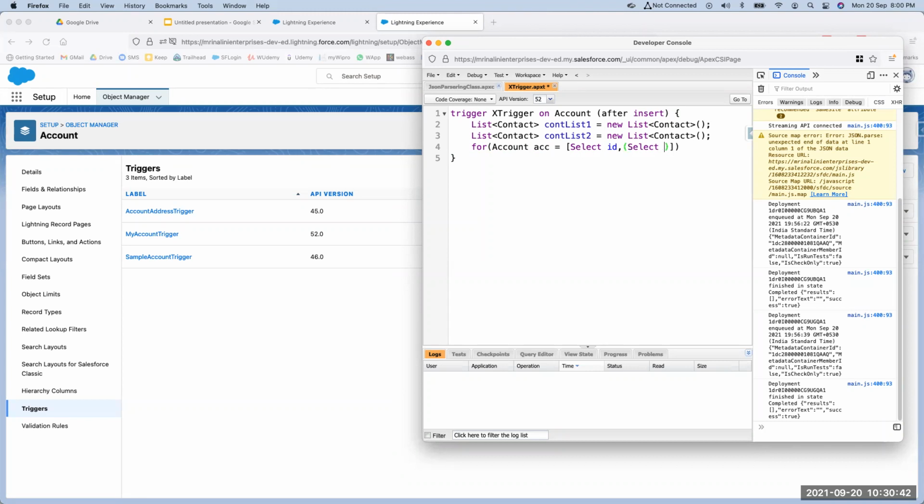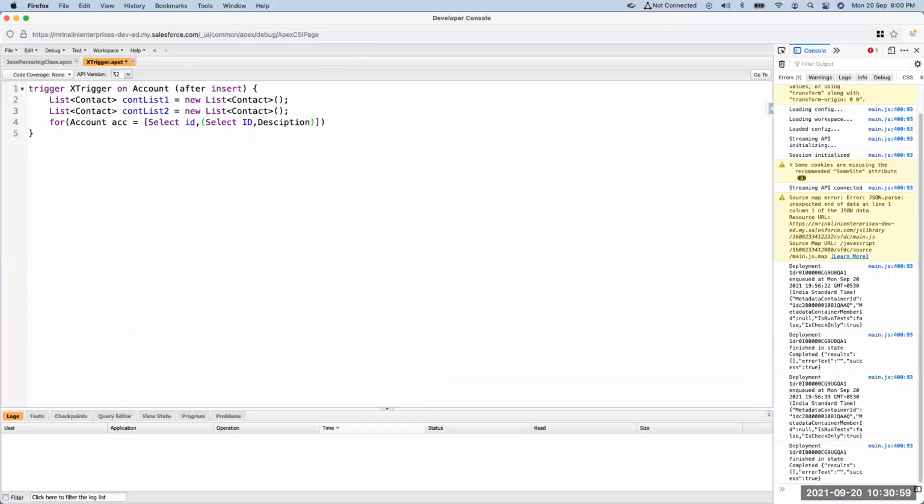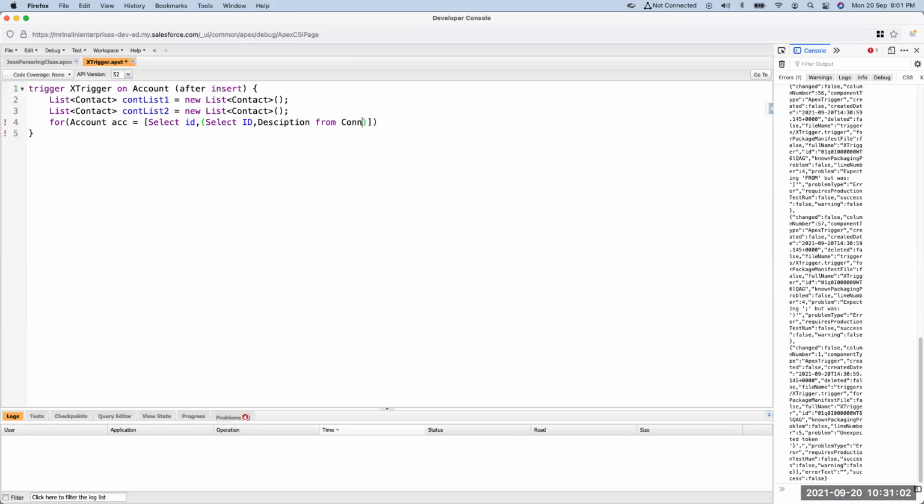So select ID and description, because we're updating this description, from contact from account where ID is in whatever record is being updated. Let's write it after update.